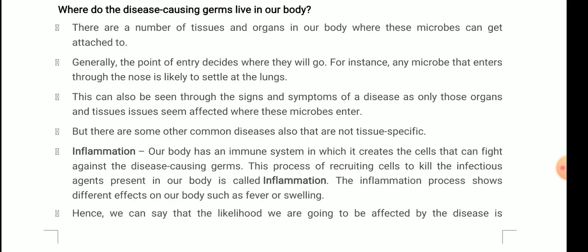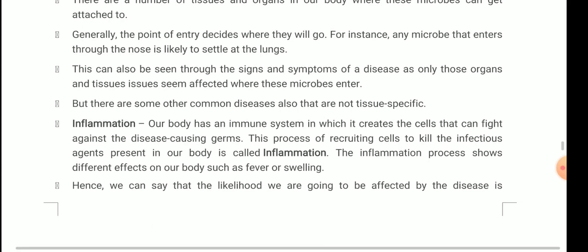Wherever there is swelling or inflammation, the temperature of that region is high. Why? Because the foreign microorganism that has come cannot survive at a higher temperature, as its enzymes do not work at high temperature. Once the enzymes stop working, it eventually dies. So inflammation is a response of our immune system towards a disease causing microorganism that has entered our body. Clear?